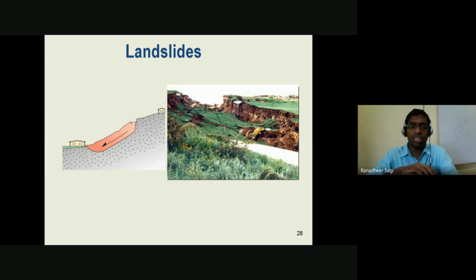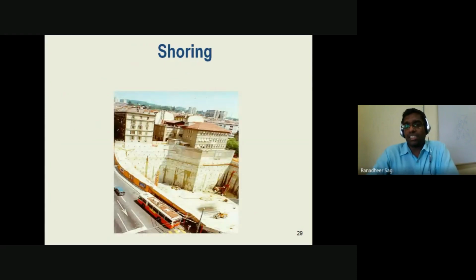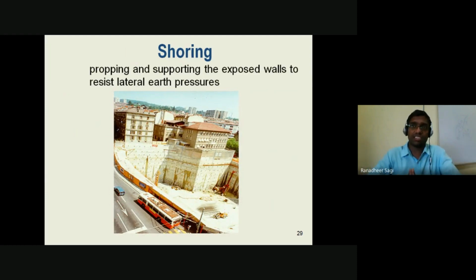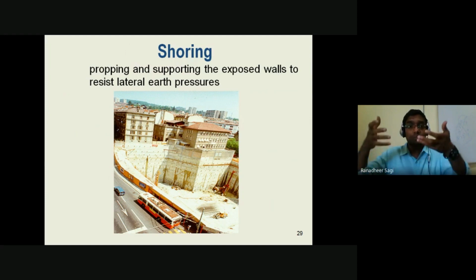So if we know all that, then we'll be able to understand whether that particular slope is stable or unstable. If it is unstable, how to make it stable, all that we'll be able to learn. And in the cases where you are required to carry out excavations adjacent to existing structures, let's say, for example, there is already an existing structure, but adjacent to it I am required to take up some construction. Nowadays in urban areas, what we see is that adjacent to the existing structure itself, we go on to construct very high-rise buildings where the foundations are constructed at a deeper depth, with certain basements also into the ground.